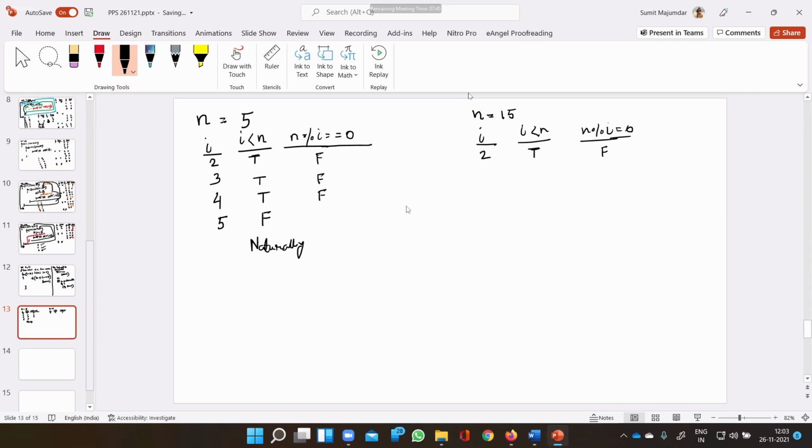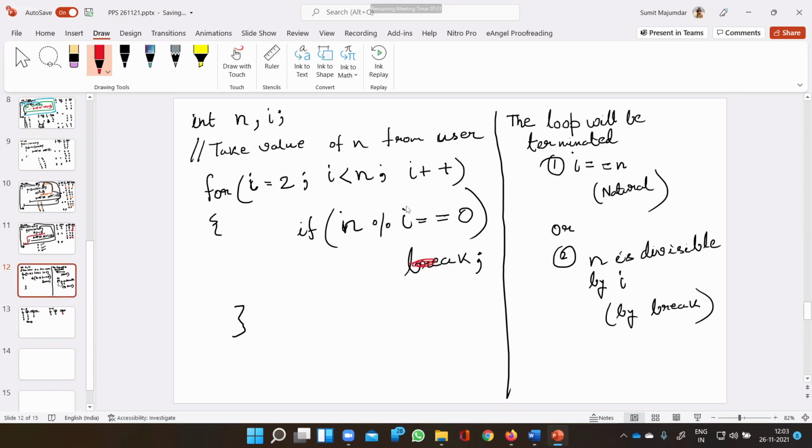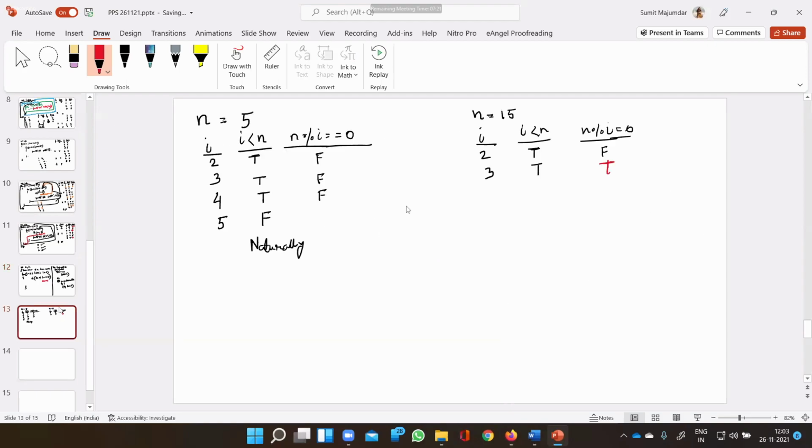So the I value will be incremented. Now this condition will be true, and this time this condition will also be true. So as this condition is true, it will forcefully exit. It will execute the break statement and forcefully come out of the loop. Clear?